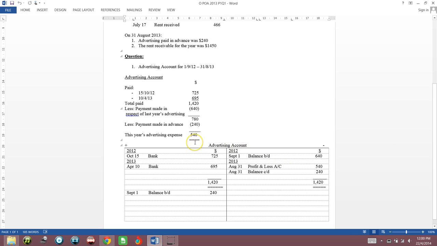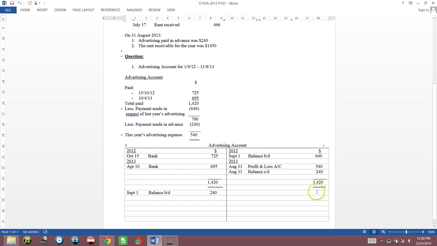Advertising is an expense account. It is a debit nature account. So that means advertising is actually a debit in the profit and loss account. It is a debit balance. Advertising is a debit balance. So that means